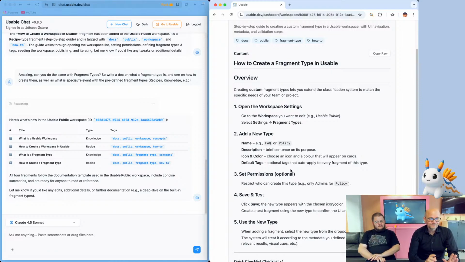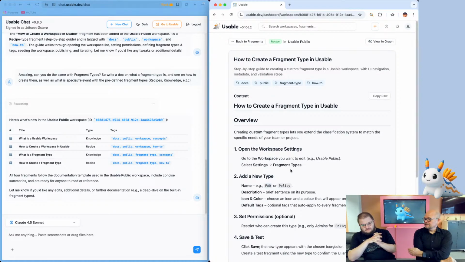And I mean, I feel like from now on, every single time we finish a stream, we will tell them, go into that transcript, find any elements that you find important in a documentation sense, like how to create a webhook, and either update or create new documentation fragments. Exactly. And that's a bit how it works in the normal loop. The agent loop starts by checking usable. Is there anything I should know before I start following this task? Yeah. And towards the end, the agent should ask, is there anything from this that is new that I should